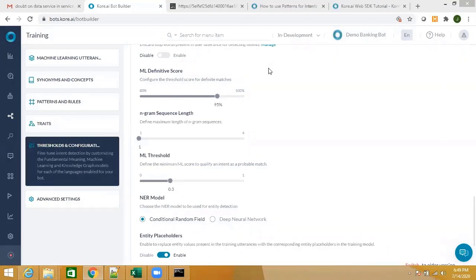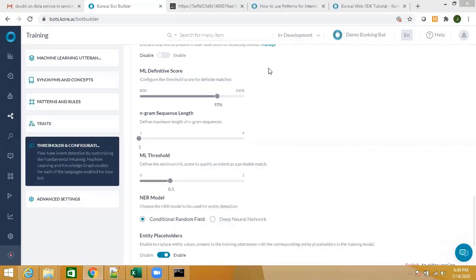Once you have trained the bot as a developer, you may feel that you have done very good work with training the bot. But once the bot is deployed, the bot might fail to understand the inputs coming from the users.